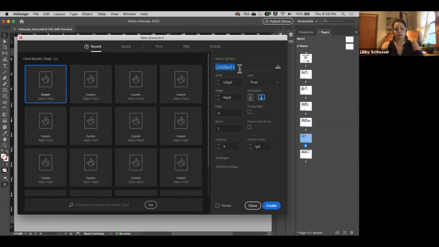So if I wanted to say we are going to create a poster today, the units in InDesign default to picas, but you can do whatever you're most comfortable in. I like to use inches. And then, so I do want to make this poster 16 by 20. You can also adjust your orientation